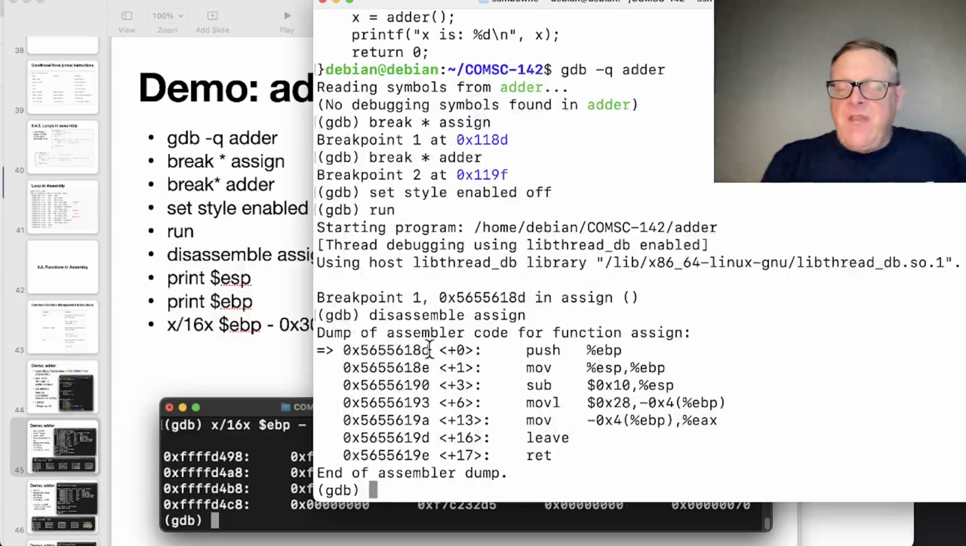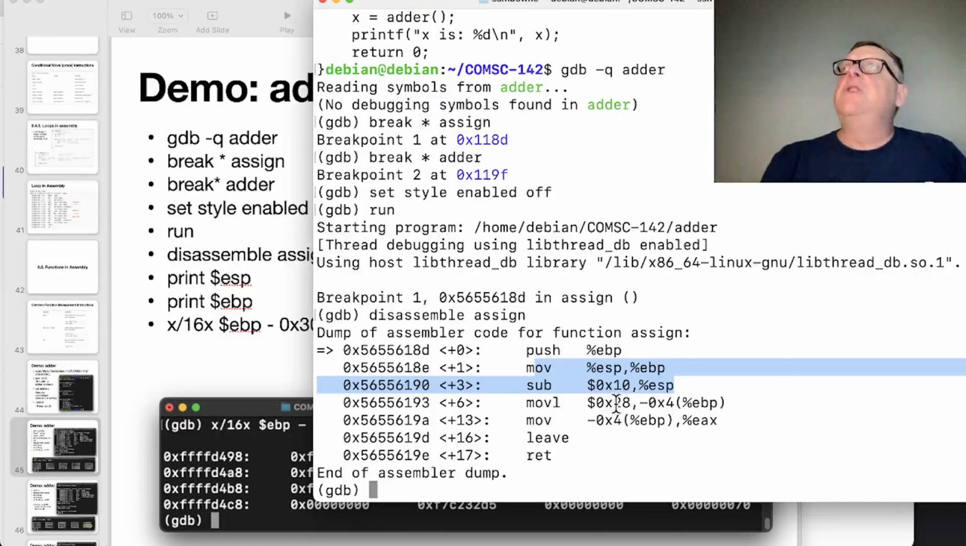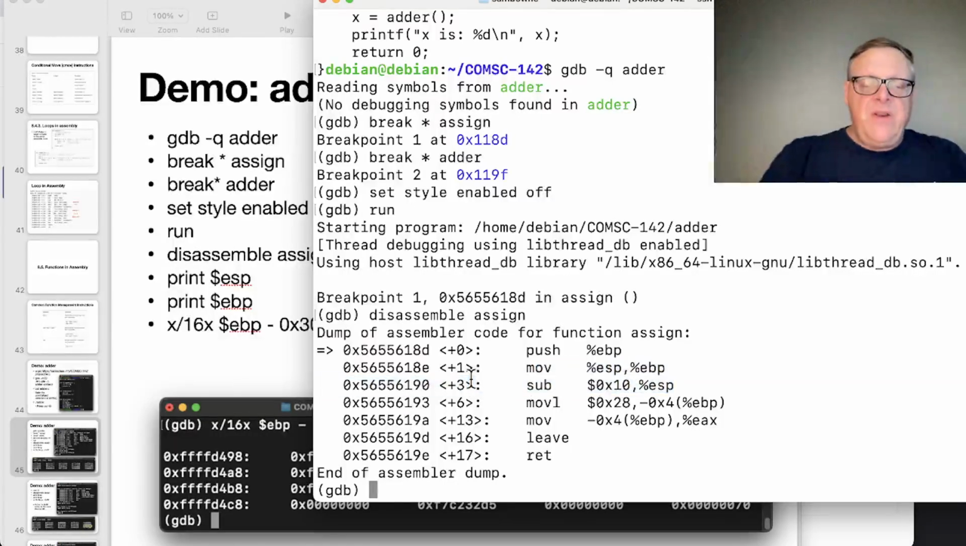All right, so I'm just about to enter assign, you see, and that's going to push EBP, save the old base pointer, begin a new frame at the currently available stack pointer, and subtract 10. This is going to create a stack with size 10, which is 16, and then it's going to move 28, which is 40 in decimal, into that location on the stack, and then return. So that's fine. So let's print ESP